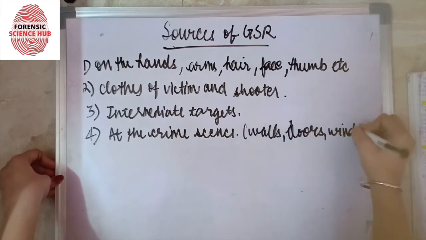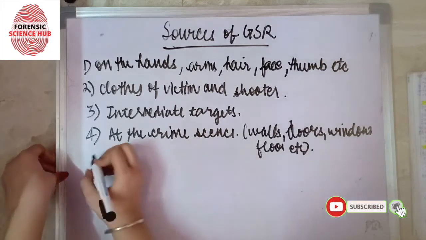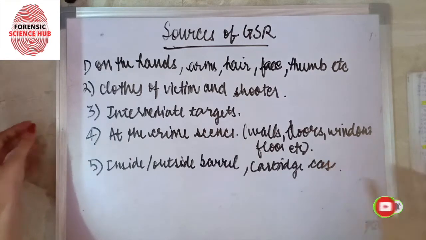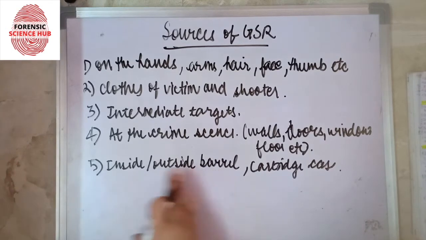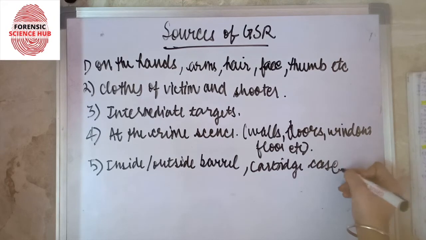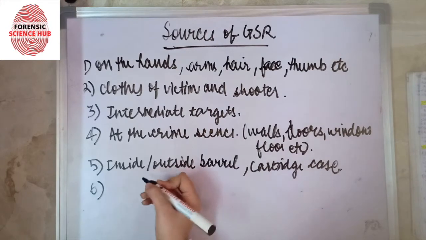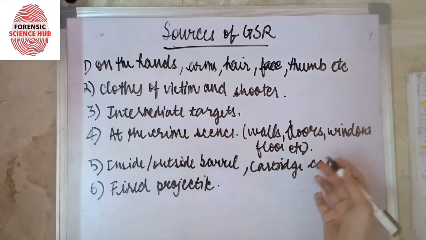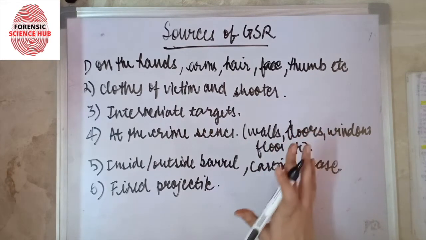Next comes inside the barrel or outside the barrel and the cartridge case. Now since the bullet has traveled all along the barrel, so there is a possibility of finding it inside or outside the barrel. Also they can be found on the cartridge case of the firearm. Last but not the least, the fired projectile itself. So the bullet or the pellet, whatever that has been fired, might also contain the GSR,